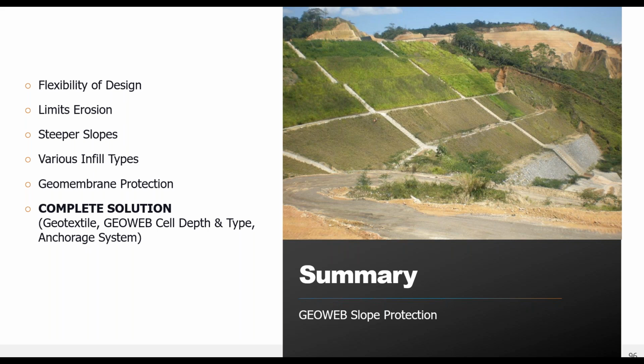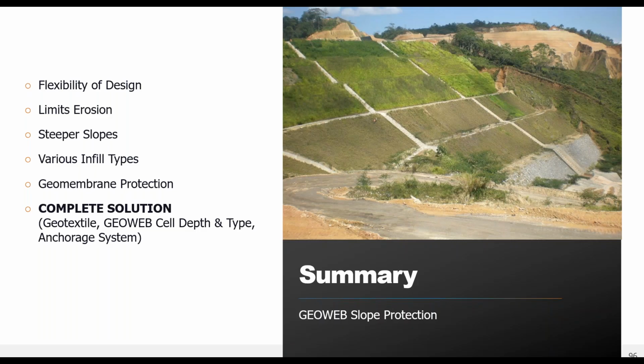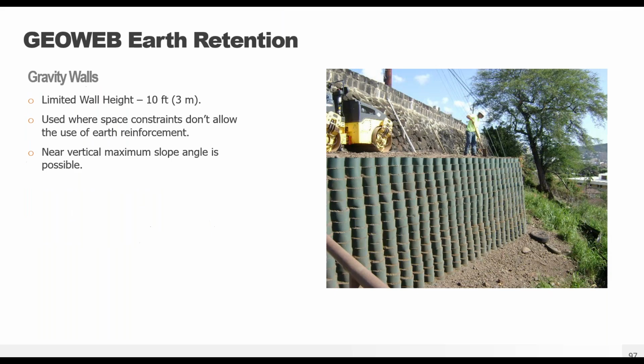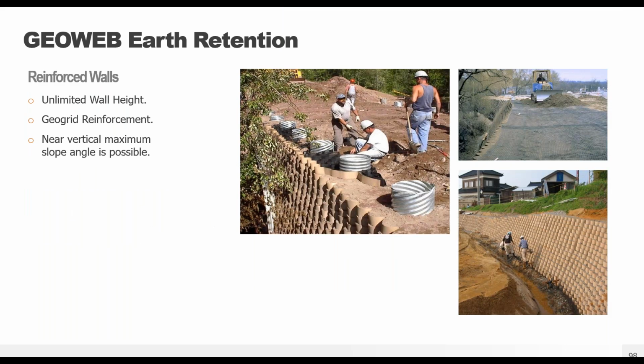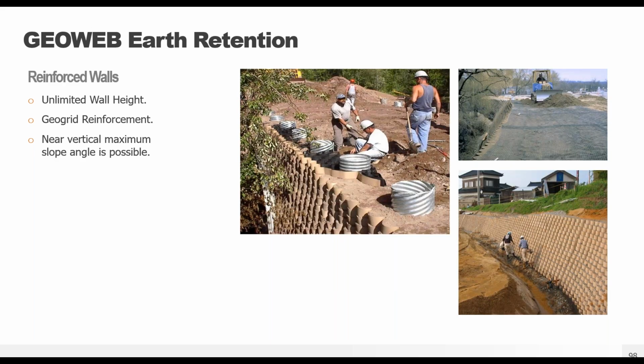So if you combine it inside a GEOB, for instance, at the end of a culvert pipe, you might come up with a 12-inch riprap for dissipation of stress and to knock that flow rate down, you can usually cut that by at least a factor of 10 inside a GEOB. So we can help you with that also. So a little bit on the walls, we can do gravity walls, typically limited to about 10 feet. We could do reinforced wall, really no limit to that.